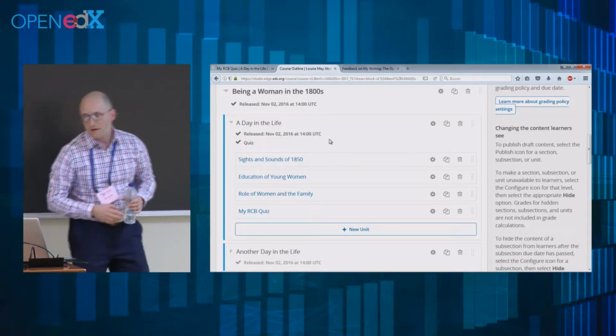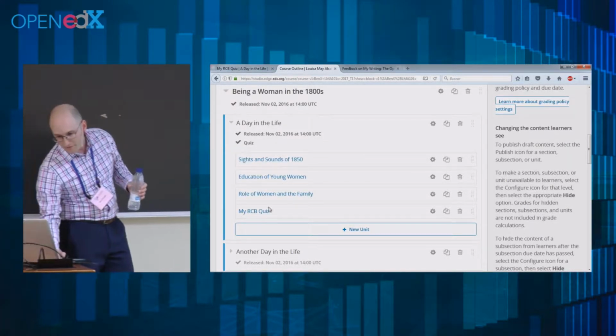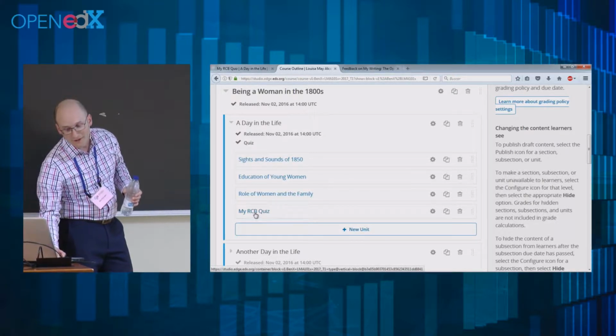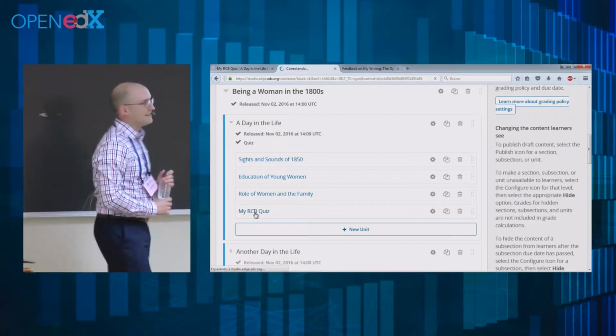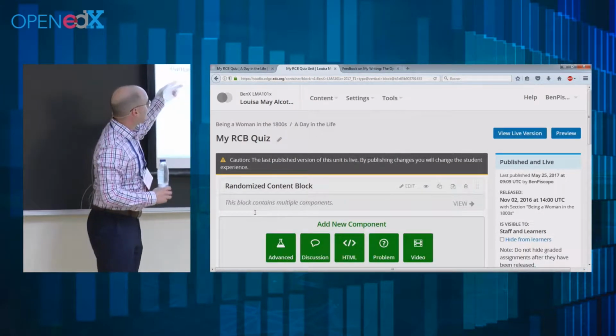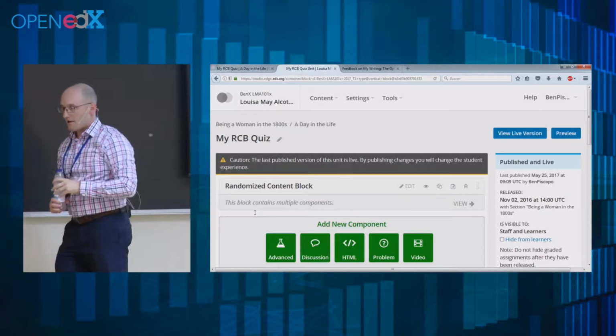So within this particular section, we have a subsection called A Day in the Life of, and this is my randomized content block quiz. Again, it rolls off the tongue so nicely. So RCBs look like this, and what you'll do is you'll just hop into it and you'll edit the block,